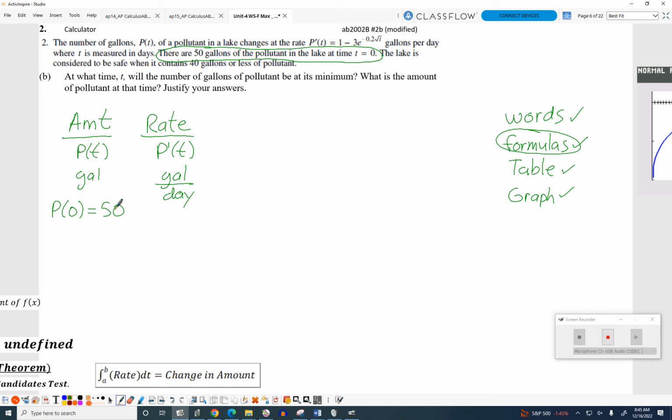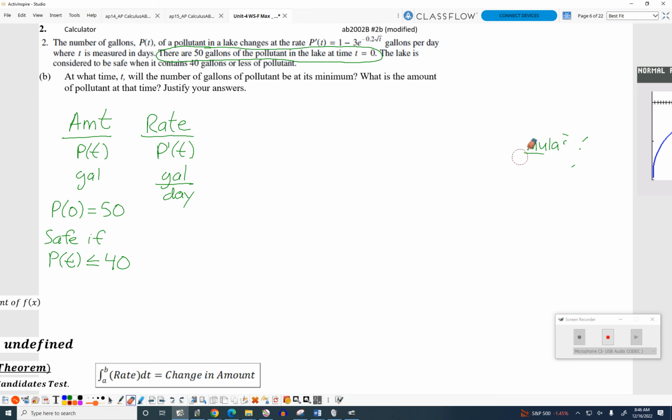I would write safe if the level of pollution in the lake is less than or equal to 40. So I get that written down. Now I read the problem. It says, at what time will the number of gallons of pollutant be at its minimum? So I remember the min-max theorem. So now I'm going to write on my paper the min-max theorem so I know I will understand what I need to do. So I write,